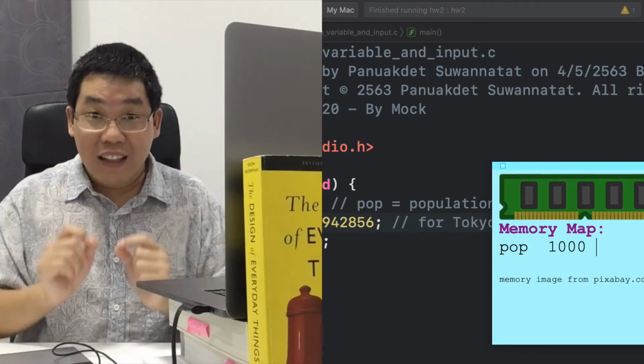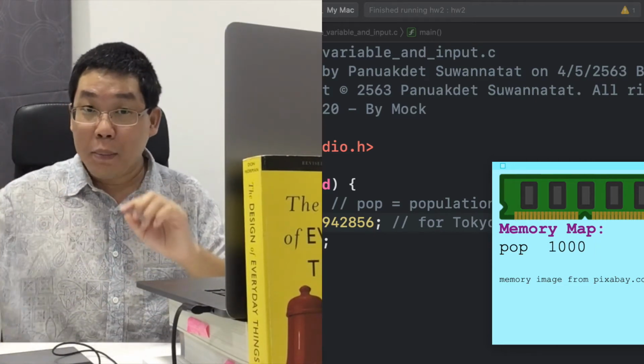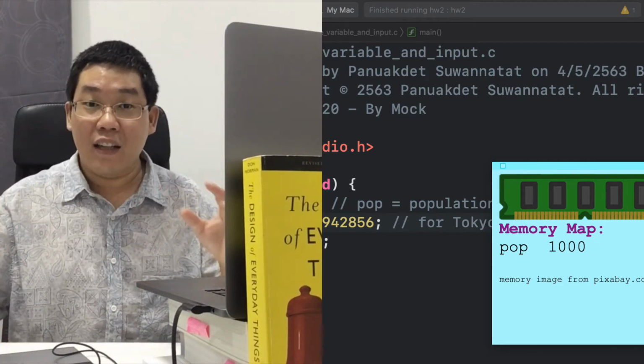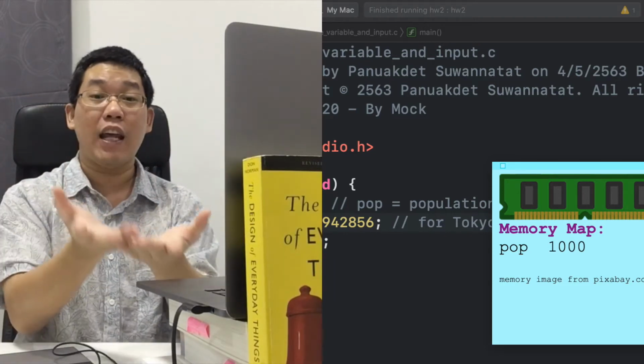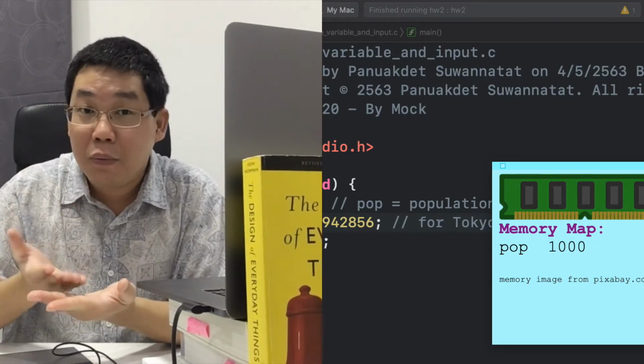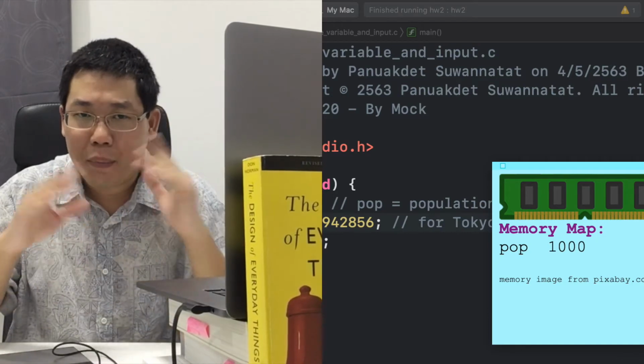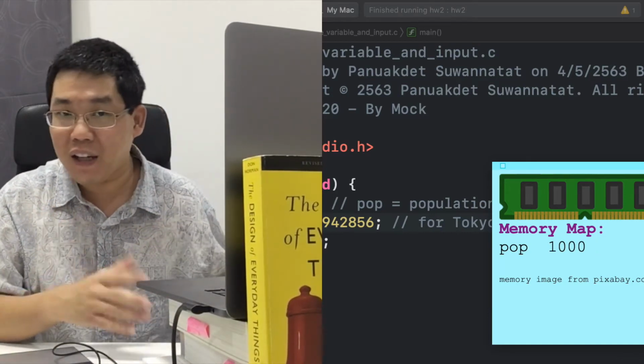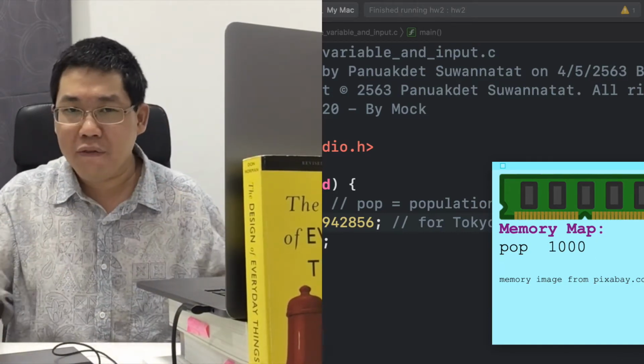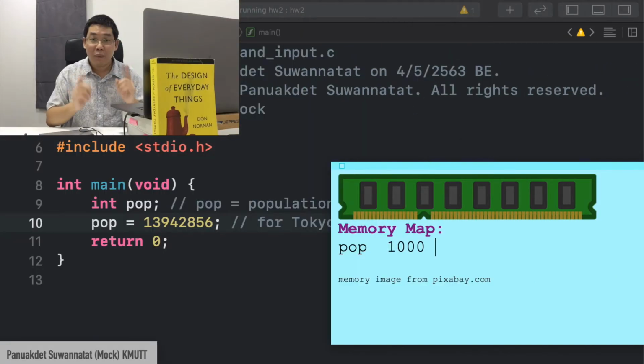But in C, an integer cannot go up to infinity. It has some limit because it is just an approximation using 32 bits of memory. So there are about 4 billion possibilities. Half of that is for negative numbers and the other half for 0 and positive numbers. So the memory at location 1000 looks like this.